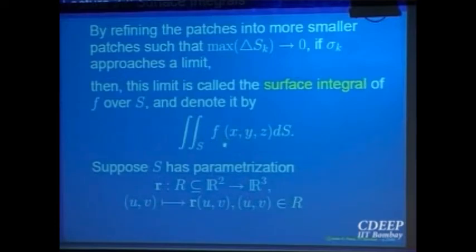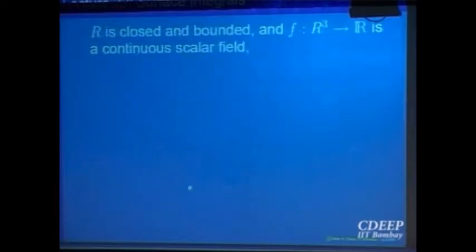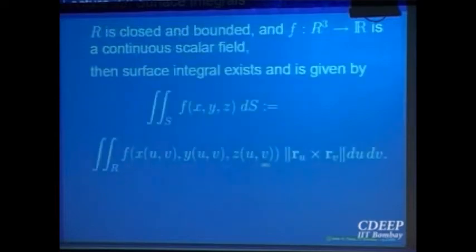f is continuous. Then this can be represented as f evaluated on the surface, of course, f of x(u,v), y(u,v), z(u,v), like in the case of the line integral, f of x(t), y(t), z(t), times the norm of r_u cross r_v, du dv, right? Because dS is, intuitively, this. Is it clear? So this is the way we are going to compute surface integrals for a surface S whose parameterization is given by r(u,v), where u and v vary over a region R.